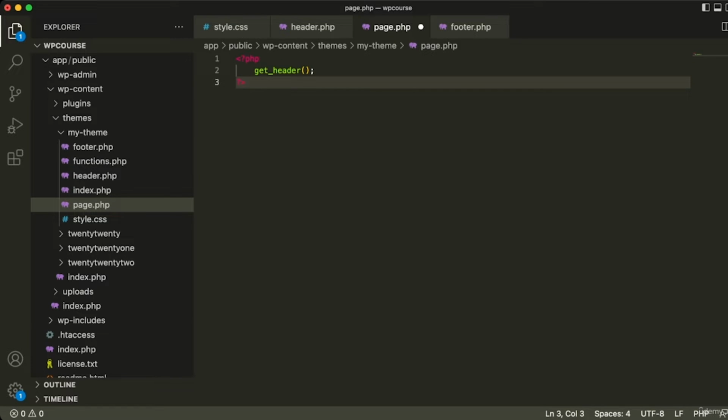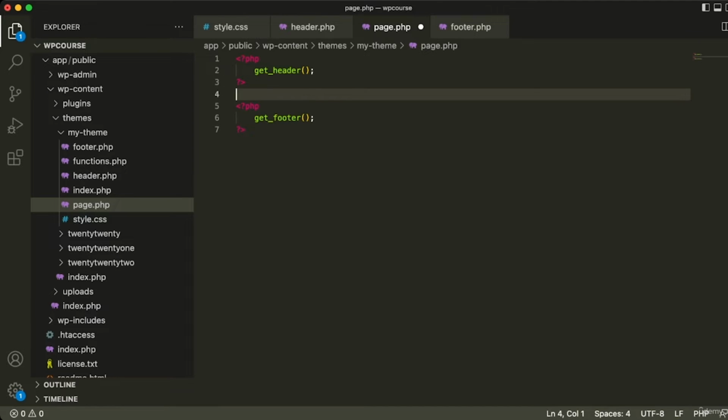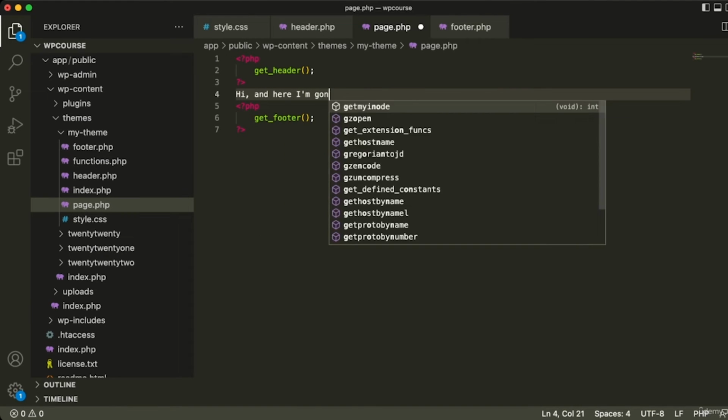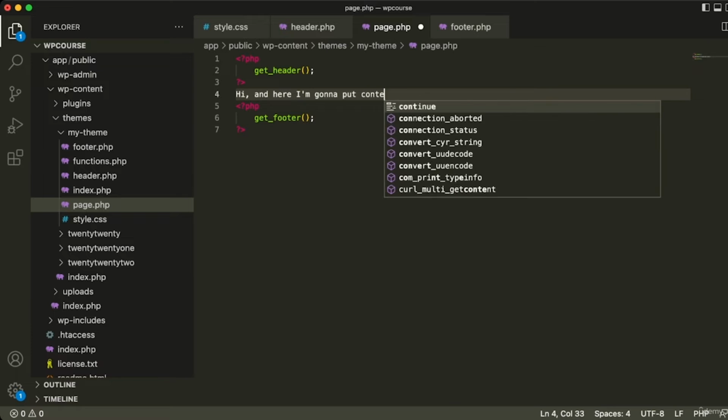When you have some pages or templates in WordPress, you need to call get_header to get the header.php file, and also at the end of the file you need to call the get_footer function if you want to get the footer.php file. And here, for example, I can type hi, and here I'm gonna put the content of the